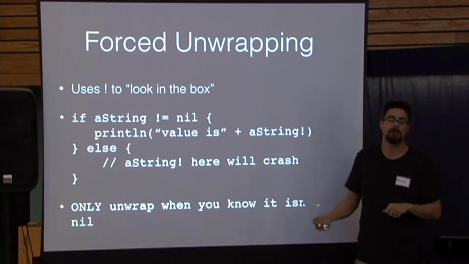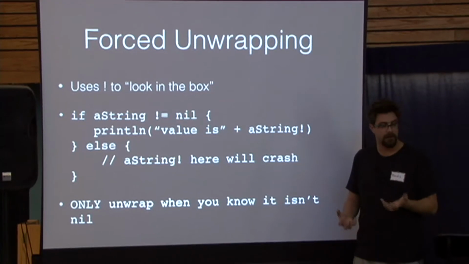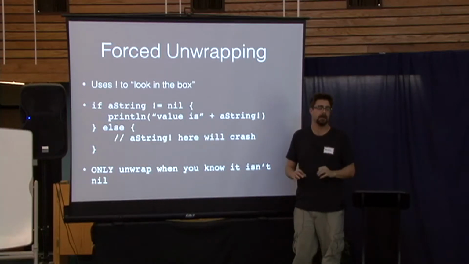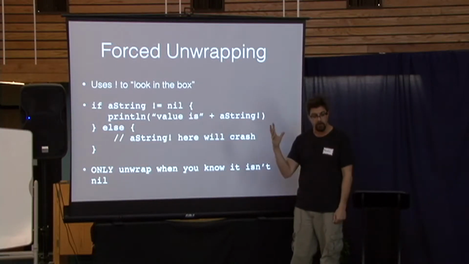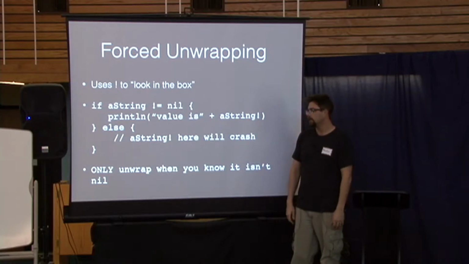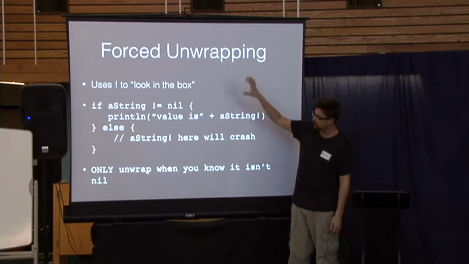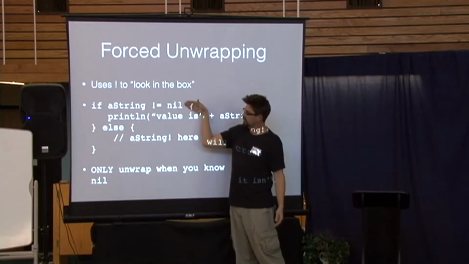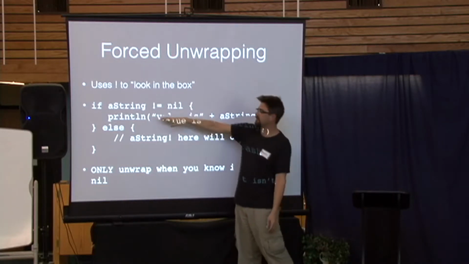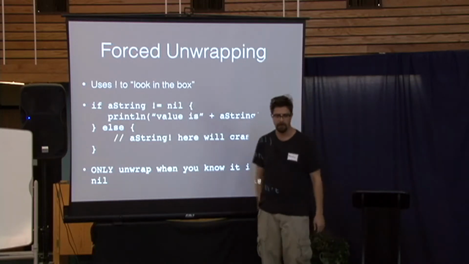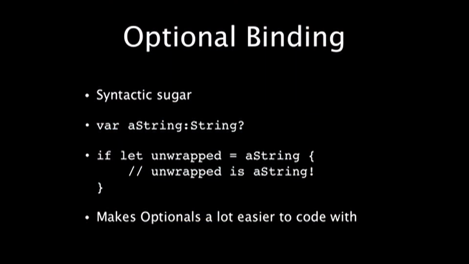Only unwrap and use the box if you know that there's something in there. Otherwise, you will get a runtime error and your app will crash. And I mean you're using an app and then it goes away and you're looking at your home screen. That's what happens. So yeah, it's real safe. Anyway, optionals are a little tricky. This is forced unwrapping. We look inside: does this box have a value in it? Yes, it does. I use an exclamation point to get the value out of the box and then everything is fine. Our last thing,